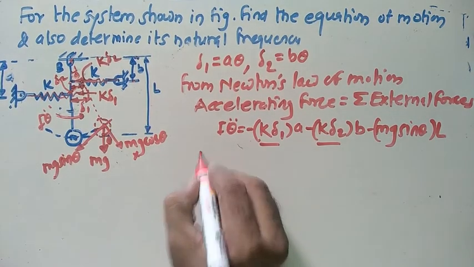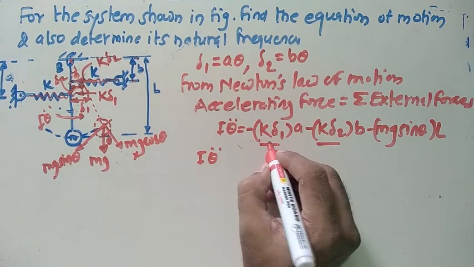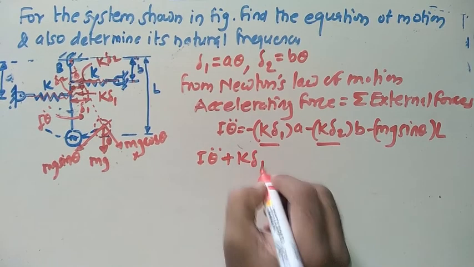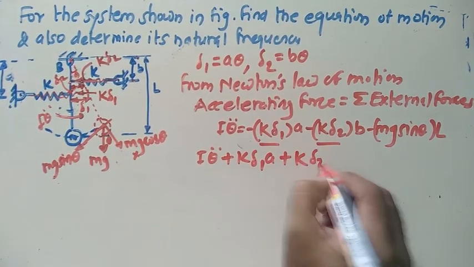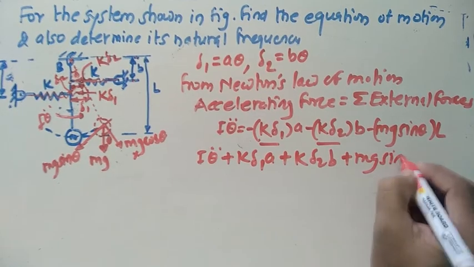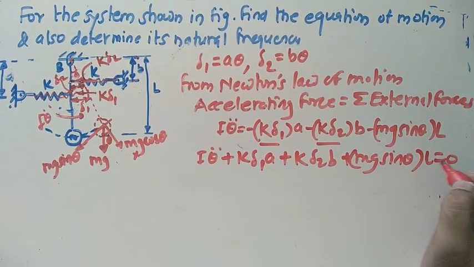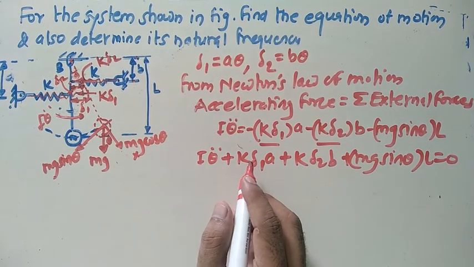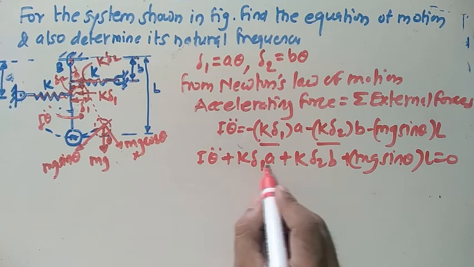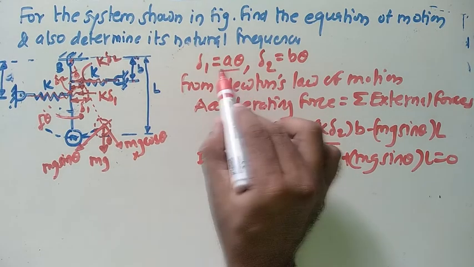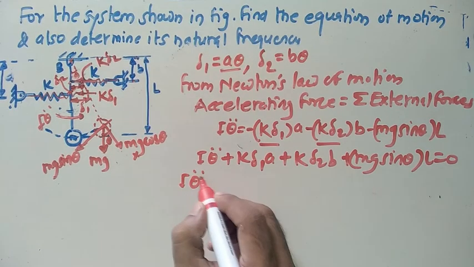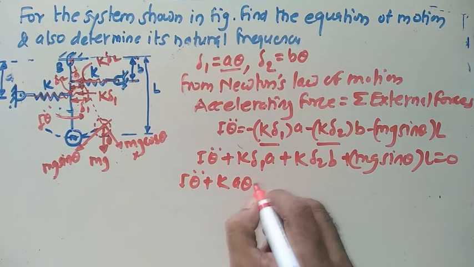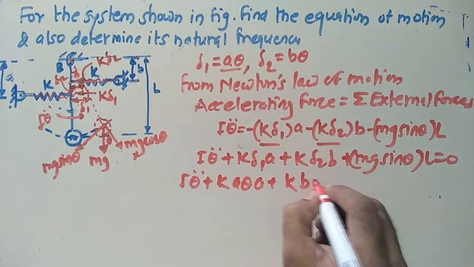So in this case, I theta double dot. Just take all the forces to one side in this way: mg sine of theta into L equals to 0. Now simplify this. What about the relations we got earlier for delta 1? Already we have this information: I theta double dot plus k into delta 1, which is a into theta, into a, plus k into delta 2, which is b into theta,